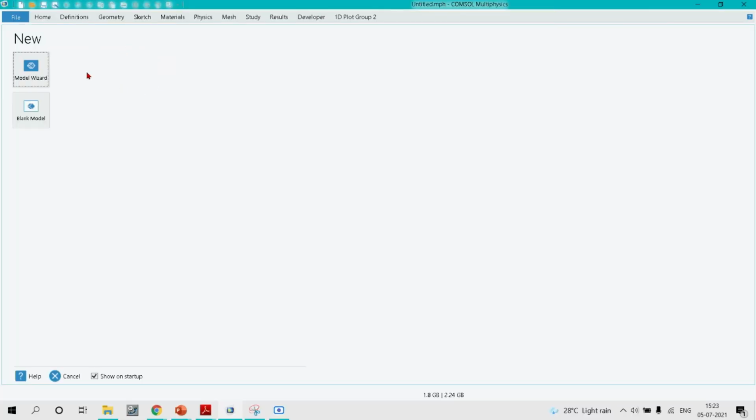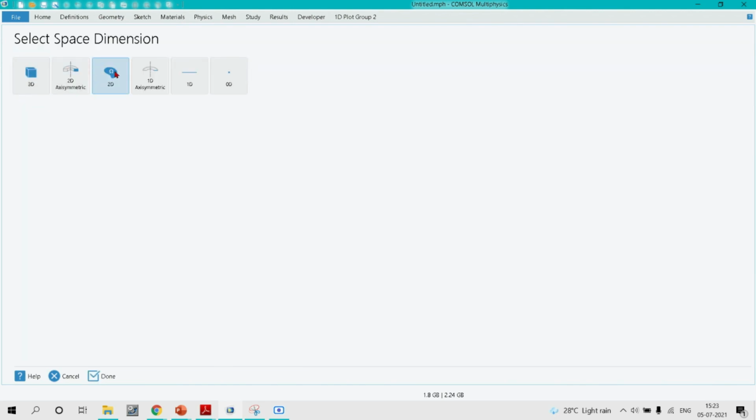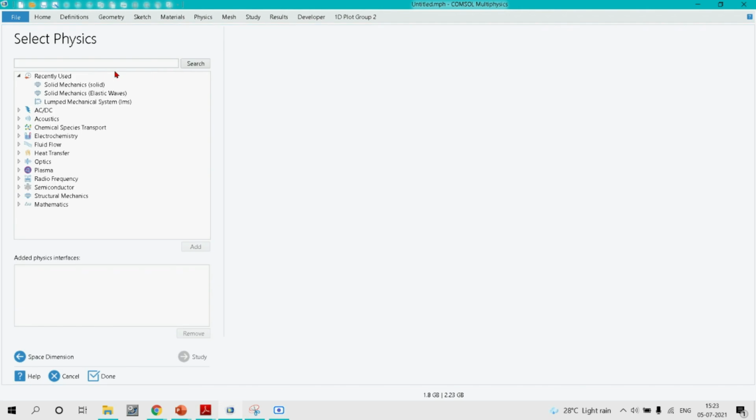So as soon as we open COMSOL, you will see this window, and we need to go to Model Wizard, and we will be finding the band gaps of 1D phononic crystals using 2D space. So we will be actually designing the 1D phononic crystals in 2D space, and how we will be doing it, I will be showing you in just a minute.